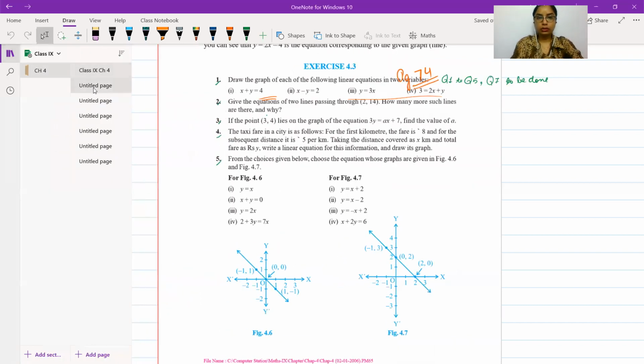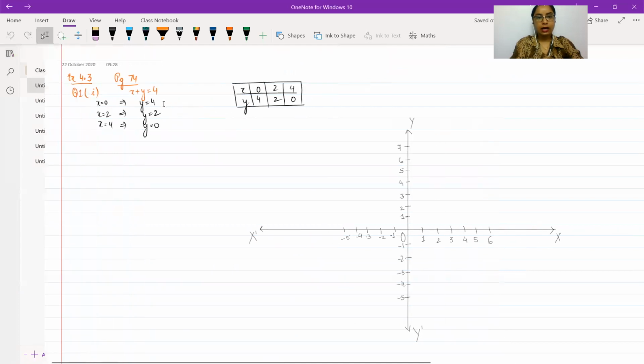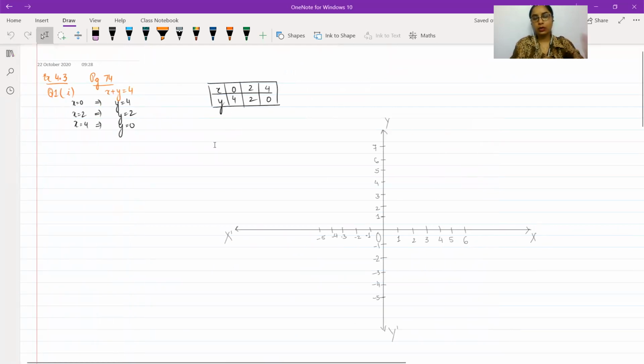As for the first question, I think we had already solved the answer, and Taranpreet was asking whether or not we want to show the work to find these answers. I mentioned that since this is a very simple equation, you can calculate the solutions without writing anything. I have just made the table of values, and I've shown that if I take x equals 0, what's the corresponding value of y I have obtained. Based on this table of values, where x equals 0 implies y equals 4, you can write down the solutions.